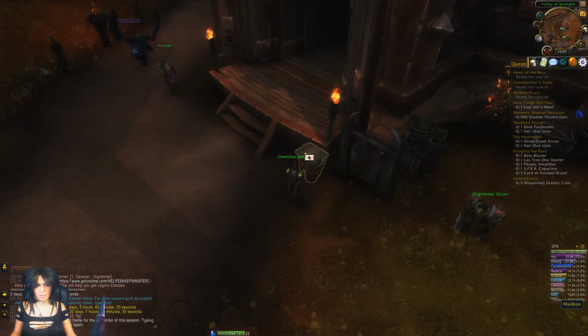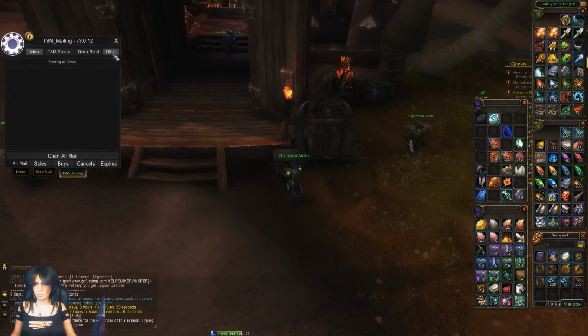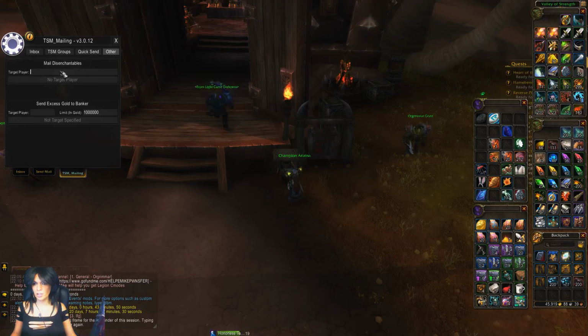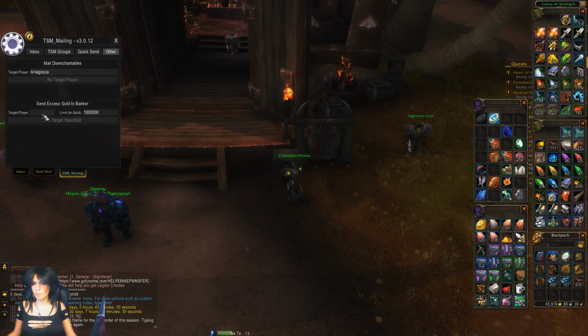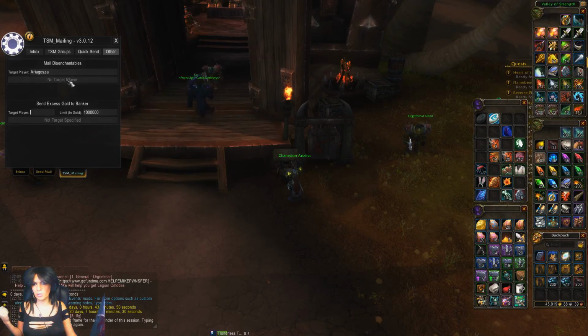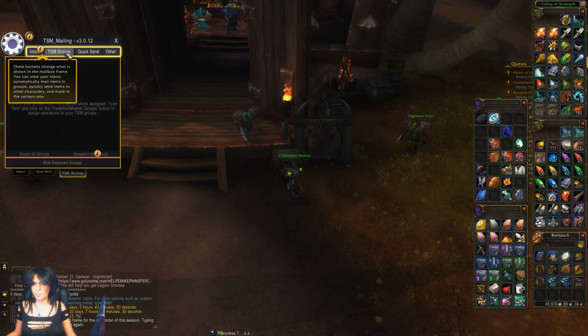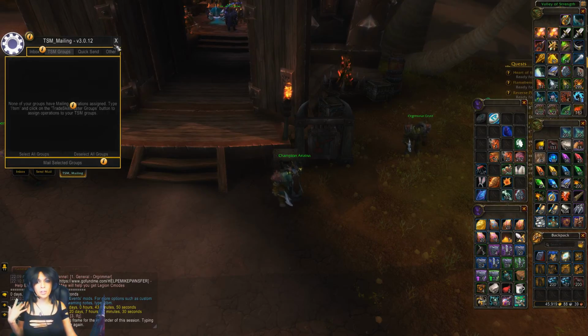Come on, where's the mailbox? Other. Send this enchantable stone. In this case, that's my Demon Hunter. If I want to sell gold, you can do that. But in this case, I don't want to sell gold. And that's it. Other. Now we are going to... I'm also going to mail